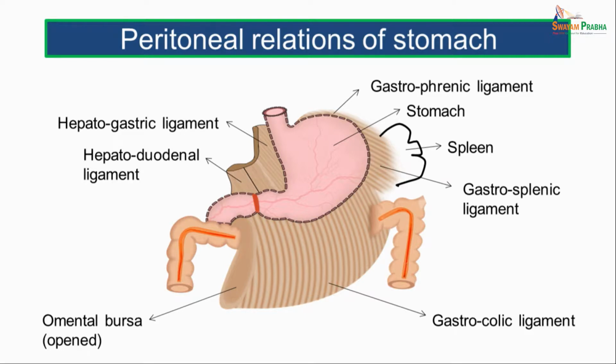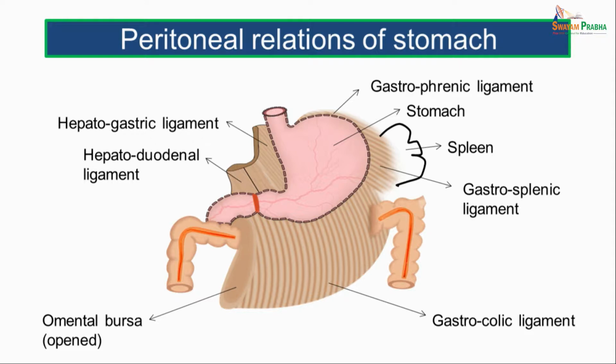From the fundus part of the stomach, this bilaminar fold of peritoneum goes towards the diaphragm, and that is what is called as the gastrophrenic ligament. Subsequently, from the greater curvature, the bilaminar fold of peritoneum goes towards the hilum of the spleen, and that is what we call as the